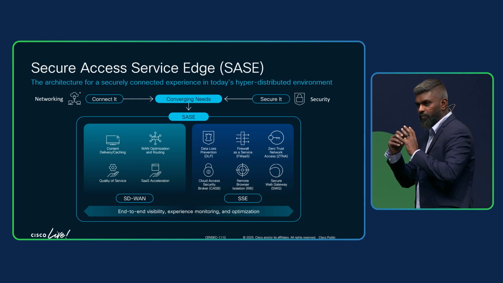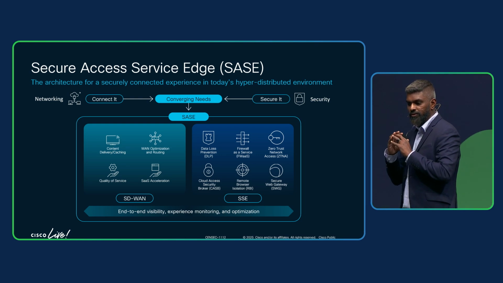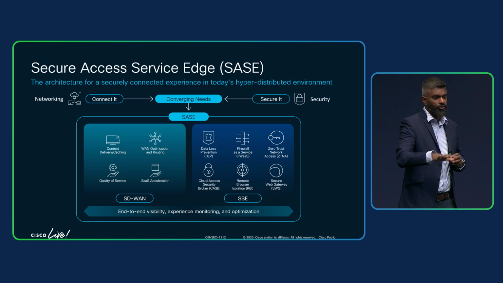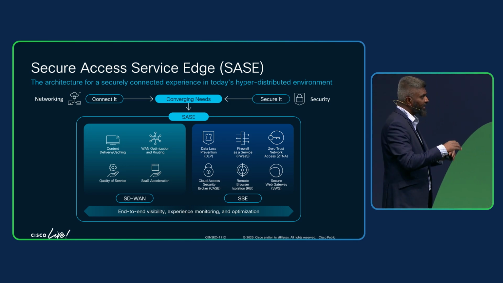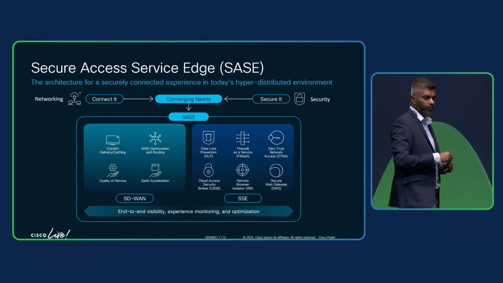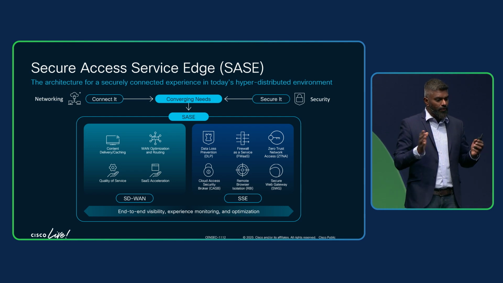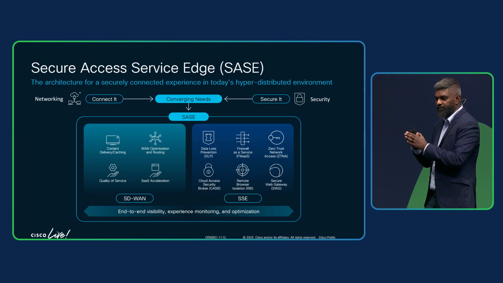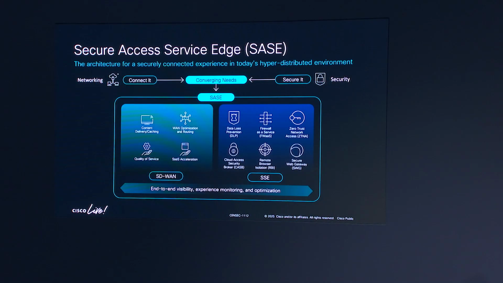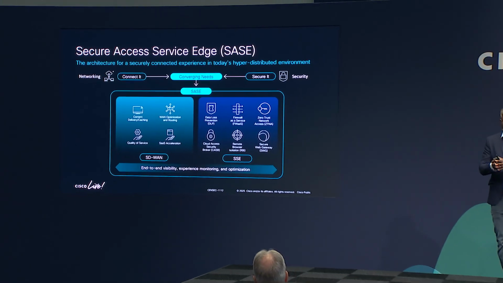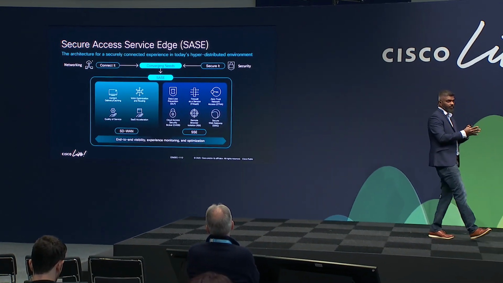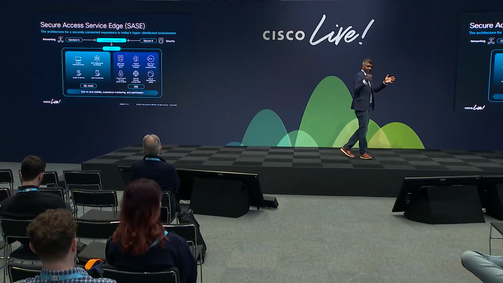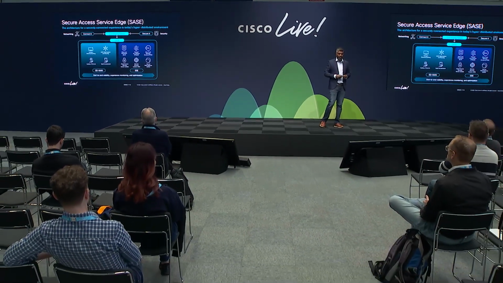So, like I said, if you think about SASE, or Secure Access Service Edge, it is really that architectural foundational piece to providing that connected experience for folks, right? Now, the convergence of both these technologies is basically taking our Security Service Edge solution, SSE, which is the cloud delivery of all of these different capabilities, and we couple that with SD-WAN. That's what brings together both the security and the networking domains in terms of SASE for us, right?